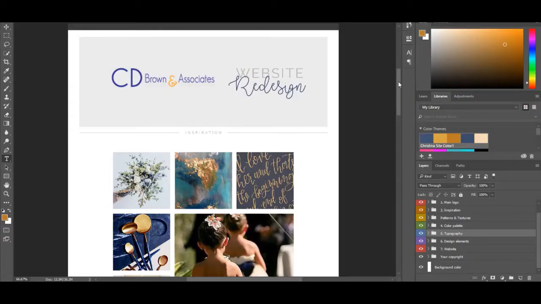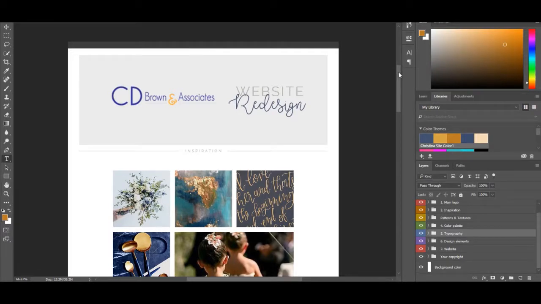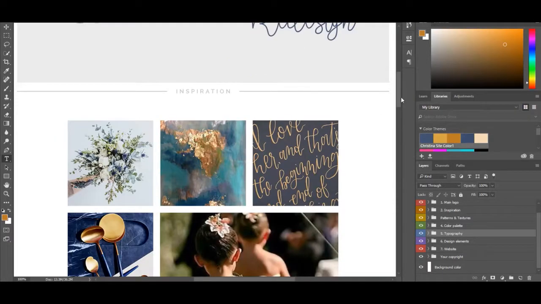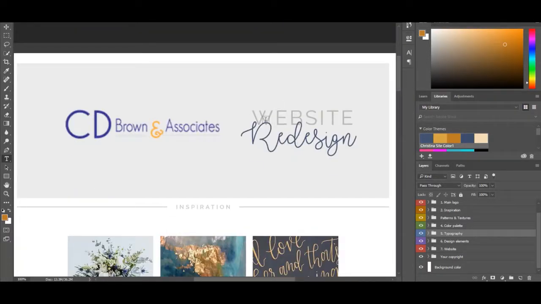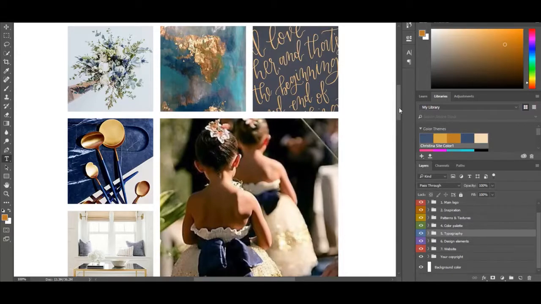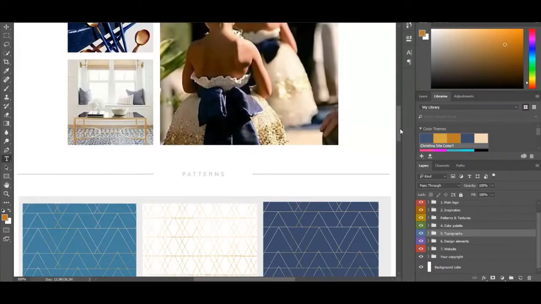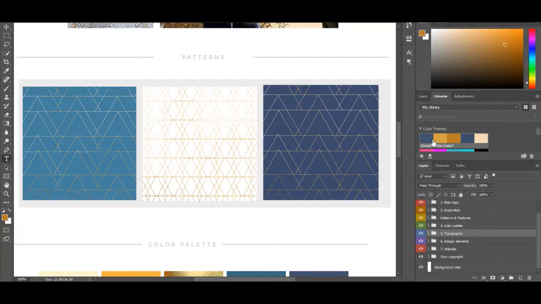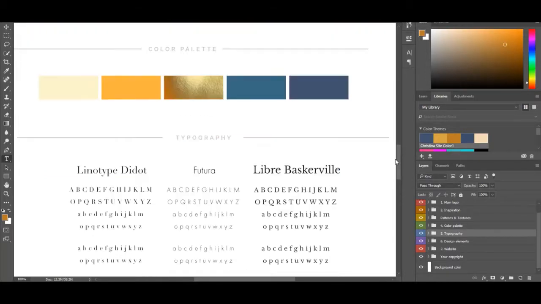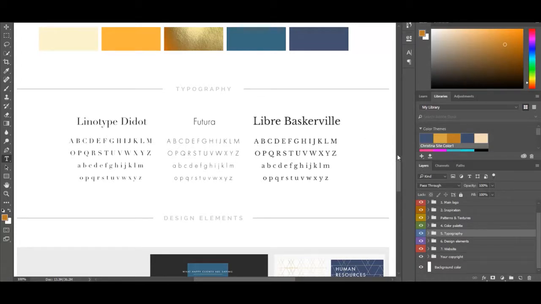So once it's approved, I put together a brand board of the redesign, tying it all together. This is her logo she had made previously, and then my favorite fonts together, Raleway and Better Together Demo, saying website redesign. So it has a portion of the mood board, some of the images that really captured the vibe we were going for. I put the patterns there that we used, the color palette, those tones of blue, the gold yellow that she wanted, the 3 fonts that we used on the site,